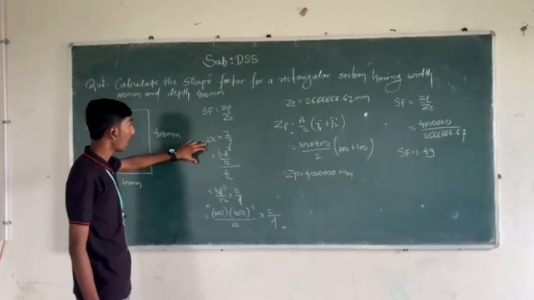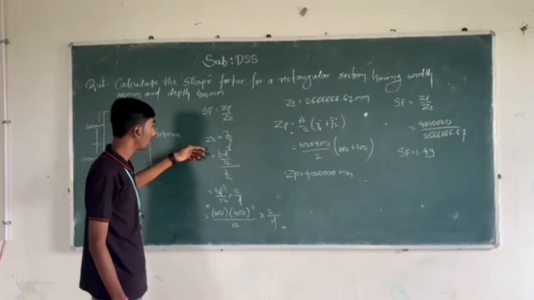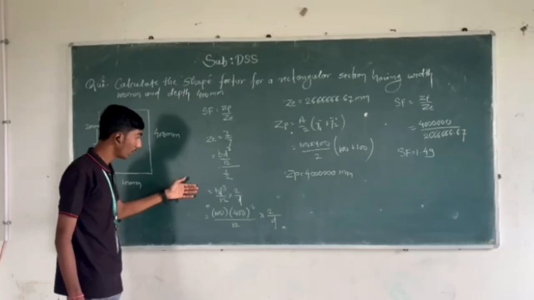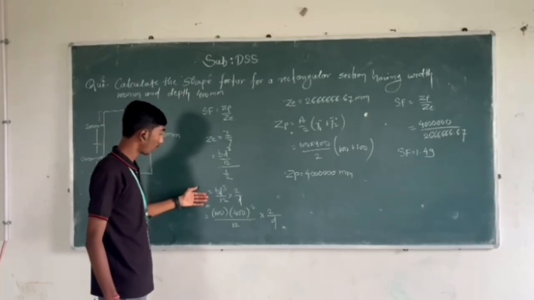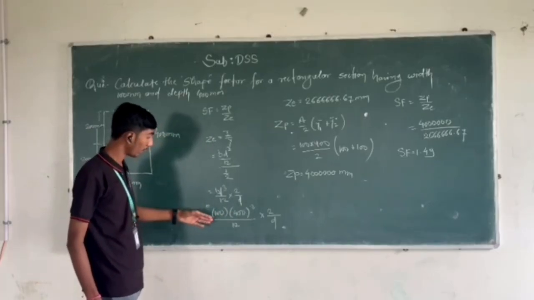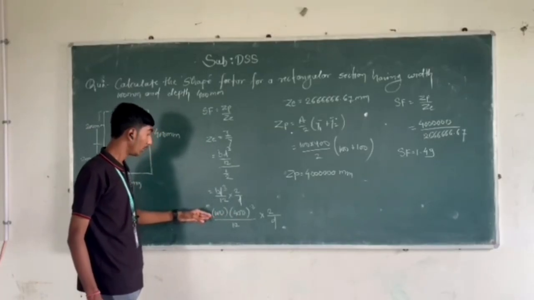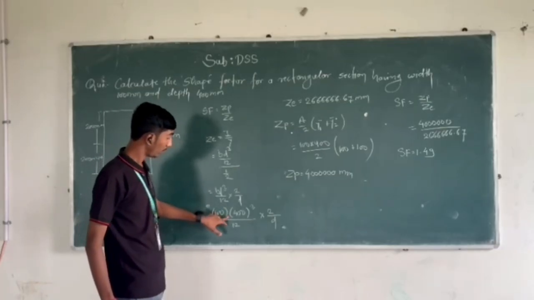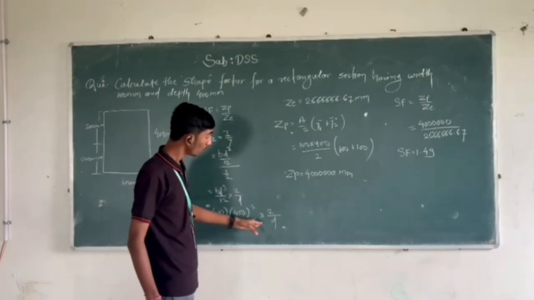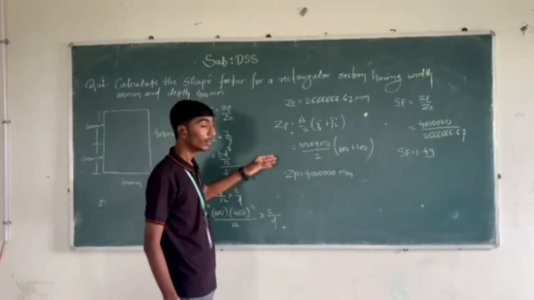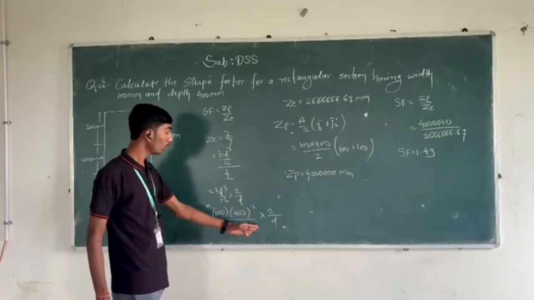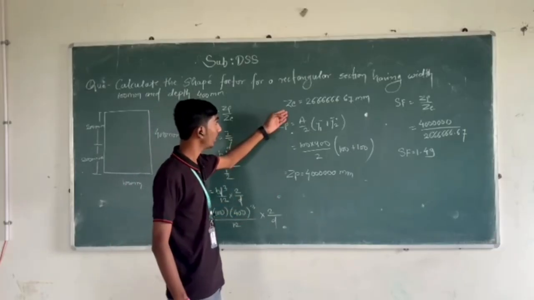ZE is equal to I upon Y, is equal to bd cube upon 12 upon D upon 2, is equal to bd cube upon 12 into 2 upon D. Put the value: 100 into 400 cube upon 12 into 2 upon D. ZE is equal to